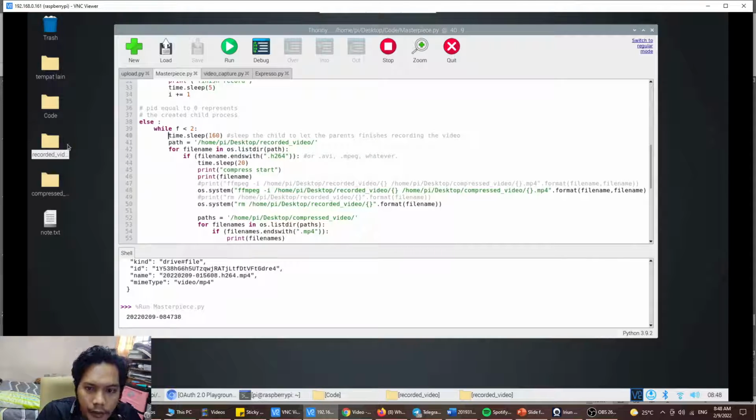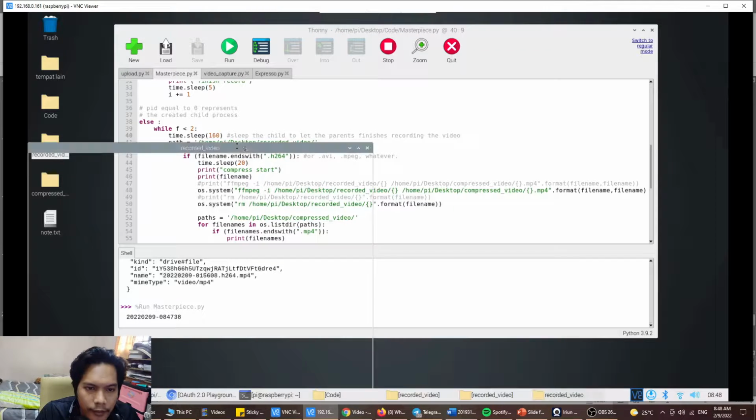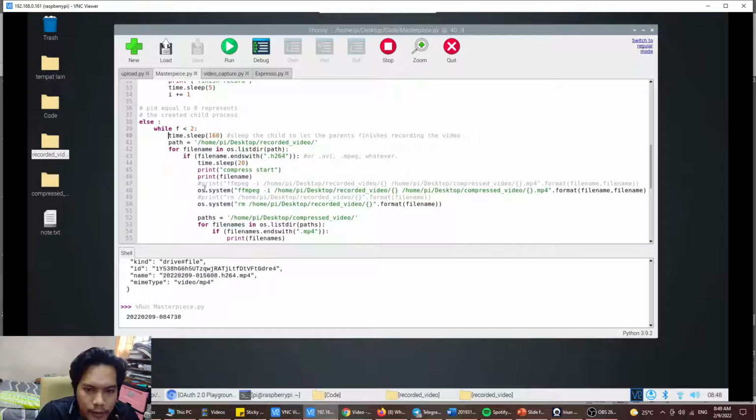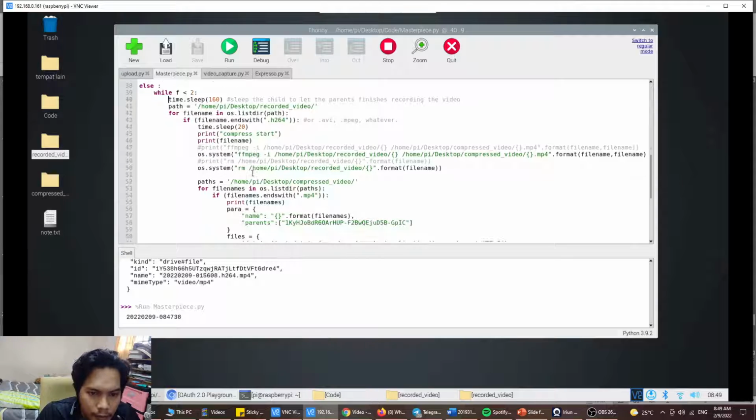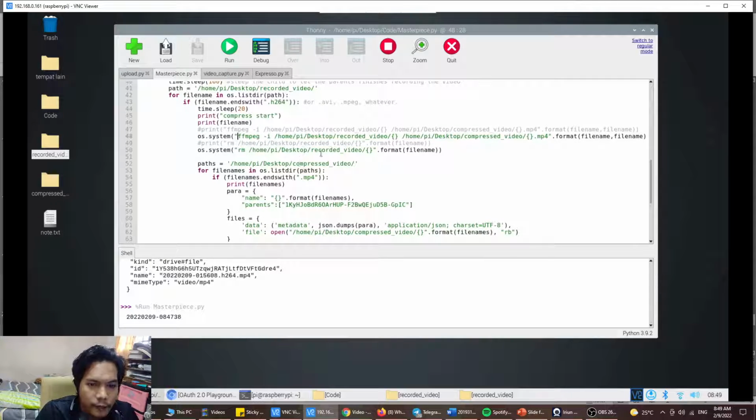Okay, once the time sleep is already finished, it will go to the recorded video, and then it will find a file with .264. You can see that, and then it will start to compress the file. It will run this if statement, and then it will compress the file here, and once the compression has finished, it will remove the file. Once it removes the file inside the recorded video,